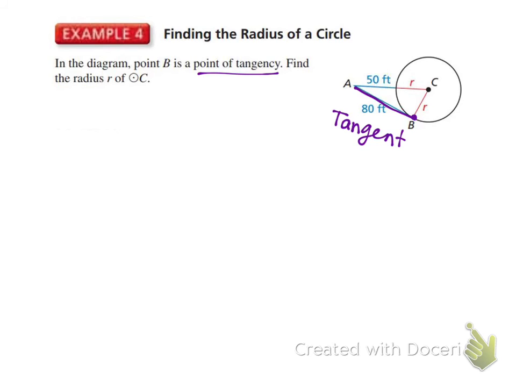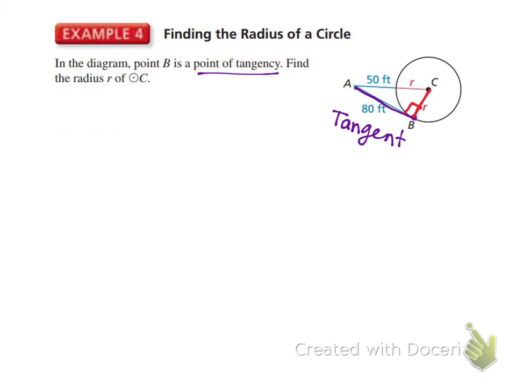The tangent line and the radius are perpendicular. So perpendicular means they intersect and form 90. There are two radiuses marked here, but one of them is going to form 90 with the tangent and one of them is not. This one does not touch the tangent line, so it can't be perpendicular. It doesn't intersect. So this one does, which means the right angle is right here. Let's go ahead and draw in the right angle,